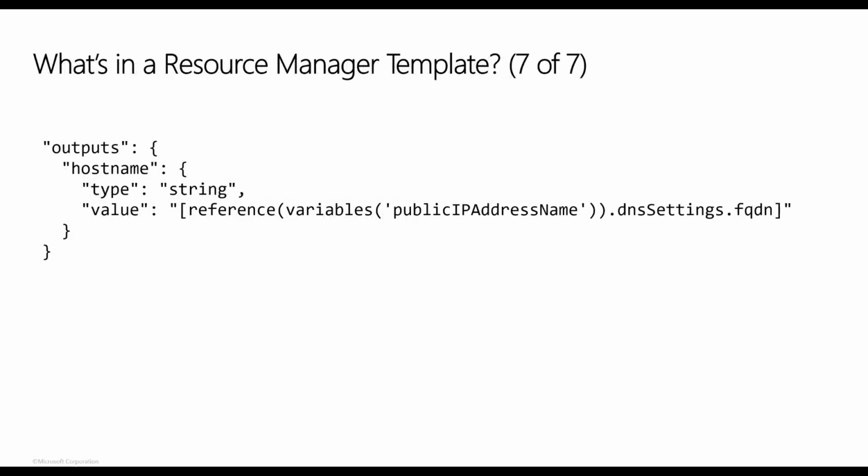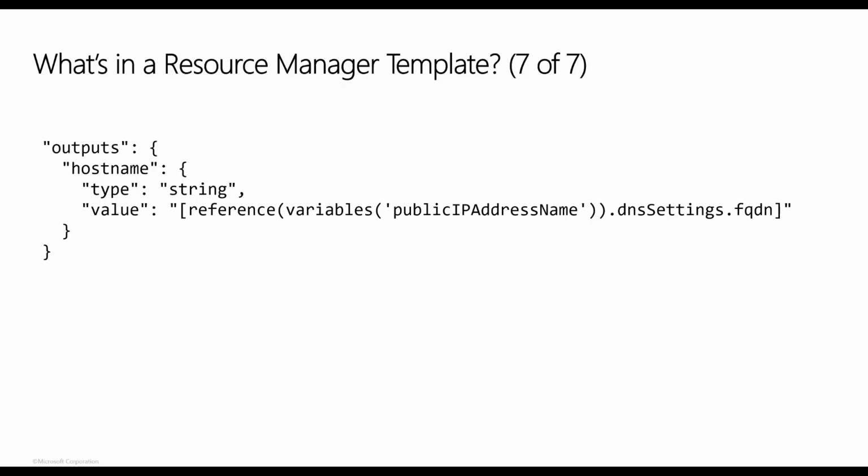Next one is output. Output defines any information you'd like to receive when the template runs. So in this example, you can see that by the end of the deployment, you will get output back, which is the hostname, and the value is referencing the public address name .dnssettings.fqdn. So we are actually pulling out the FQDN value, the fully qualified domain name, and we are showing that on the screen. So if you want to connect, you can just copy and use an RDP or SSH